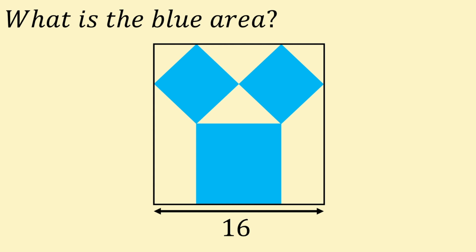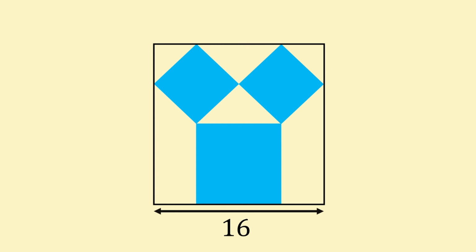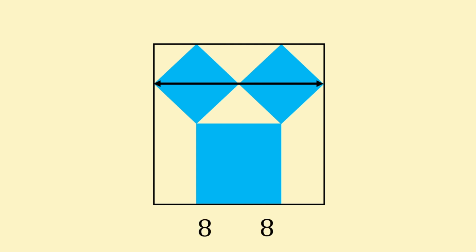Let's first get stuck in with the normal method, breaking the puzzle up into smaller, easier chunks. With this one, I think it's best to break down the puzzle into 3 separate squares, 2 smaller ones and a larger one, and apply the only length we know, 16, to them. For our smaller squares' areas, our side length of 16 continues along the width of the square, so we can move our length up to see that each of the smaller diagonals is half of 16, 8. Now we know the length of the smaller square's diagonals.